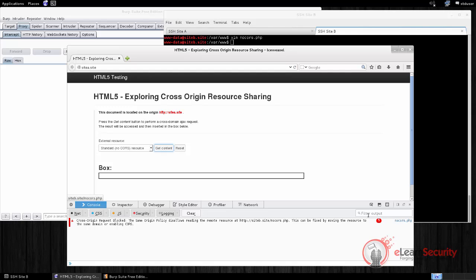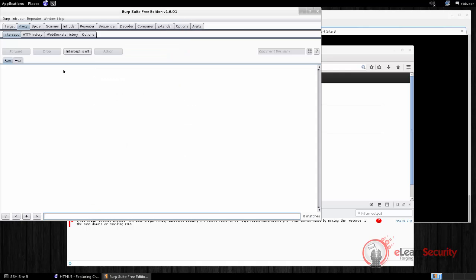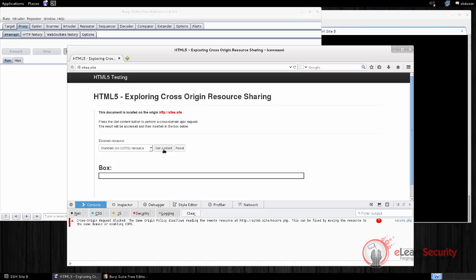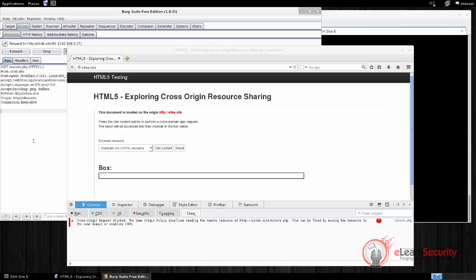To get an even deeper understanding of this fact, we can intercept the HTTP requests and the responses using Burp Suite. We have already configured our browser to work with Burp, so we will just turn the master interception on and launch our XML HTTP request by clicking on the Get Content button. Burp has intercepted our request to